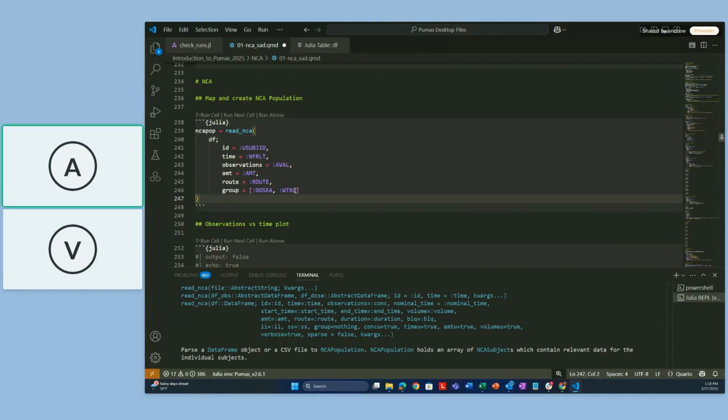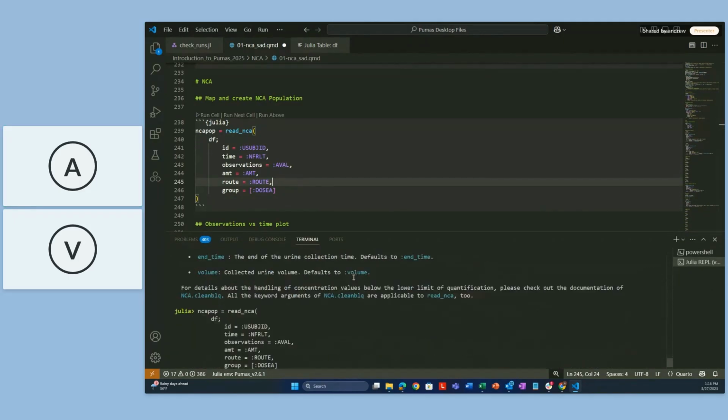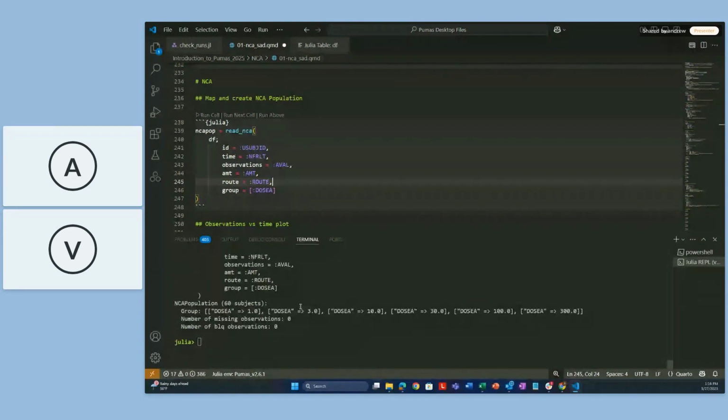Having that in the group is also going to stratify your NCA analysis, so you don't want to use that necessarily if you don't have to. It will carry those covariates forward into your population and your readouts. So if we run this population, oops, scroll all the way back down, it was successful,